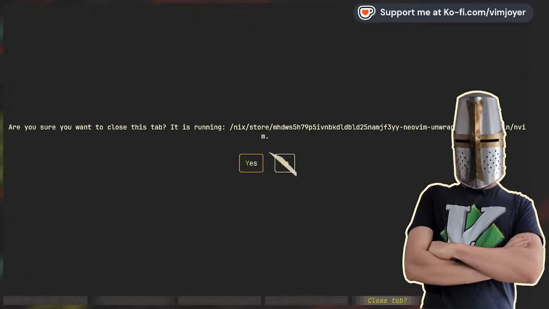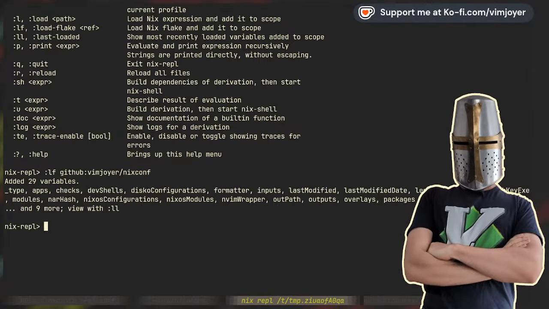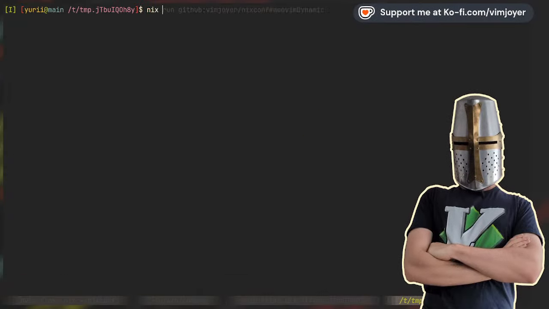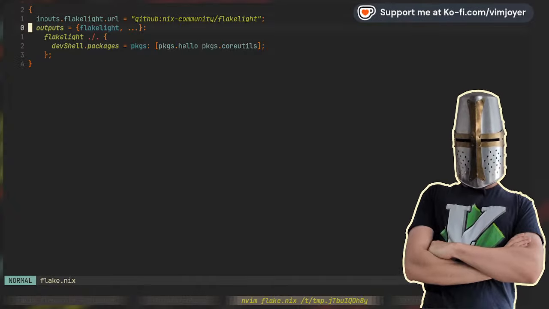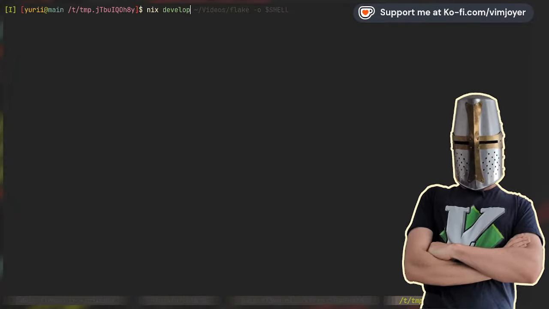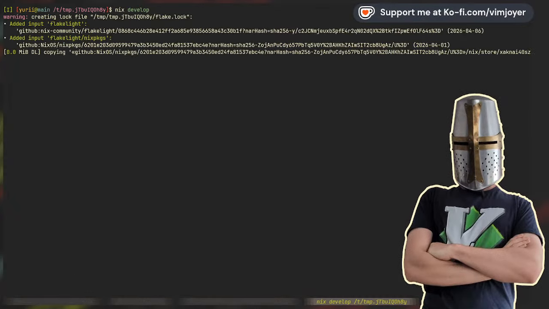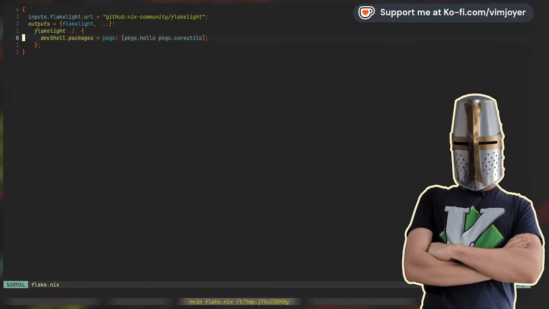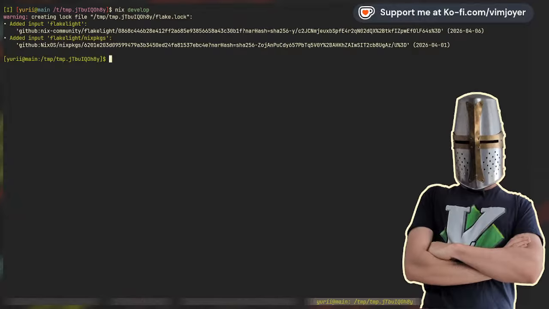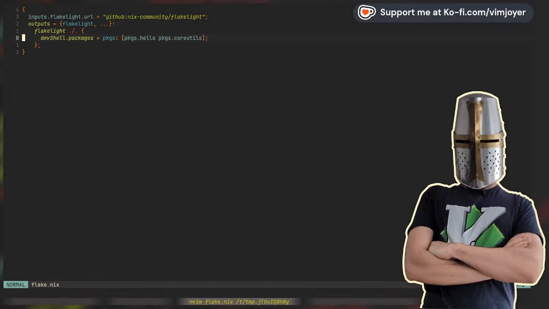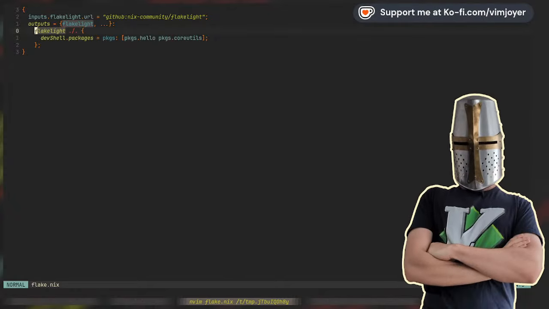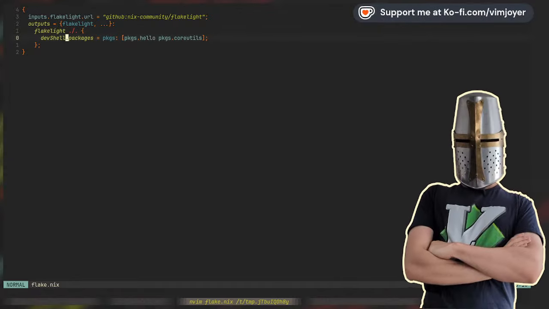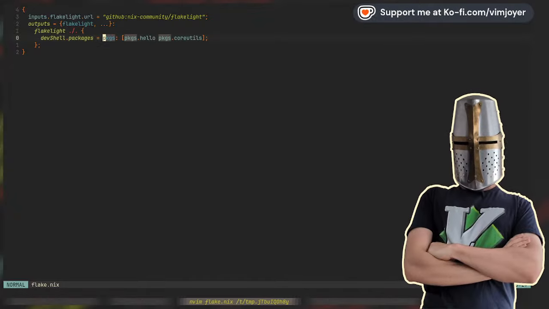Let's close some of the old stuff. What do we have here? We have devShell, so we can nix develop. And it will do what? It will give us a hello package. Yeah, so right out of the box you can see that Flakelight is just like flake-parts, but way easier in terms of boilerplate. And I already like it that devShell packages is also in its own function,